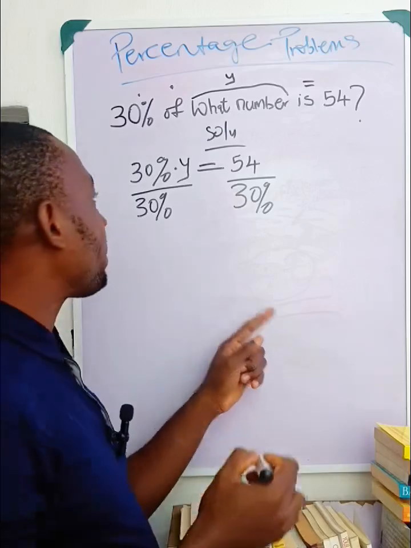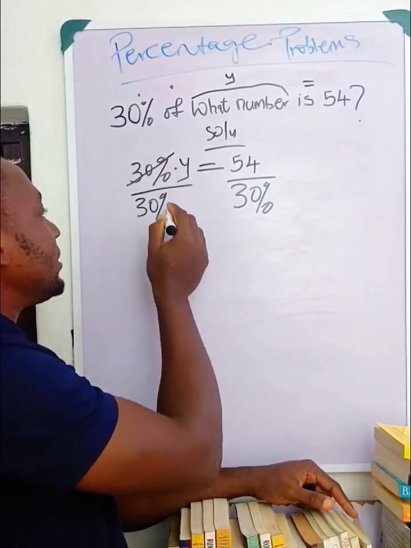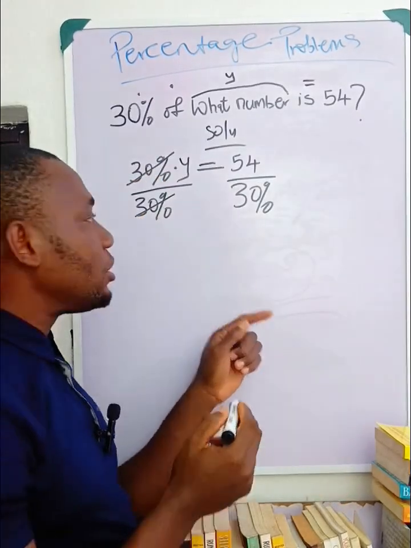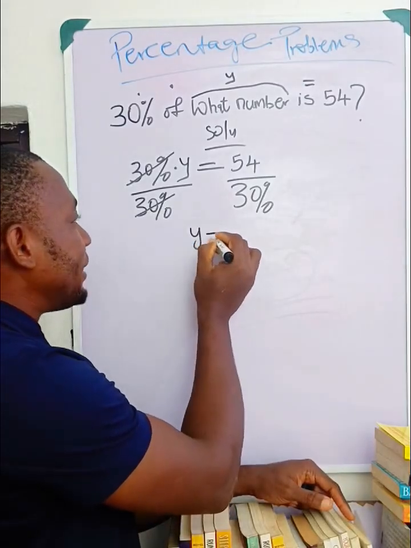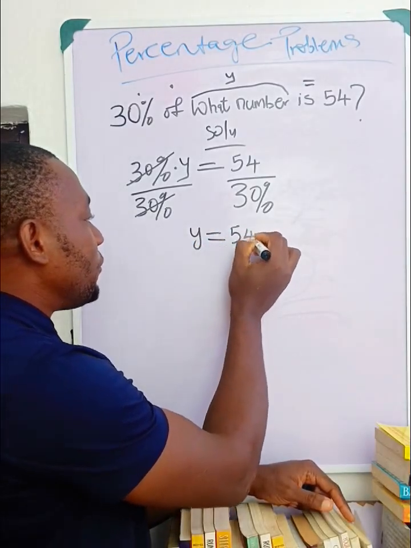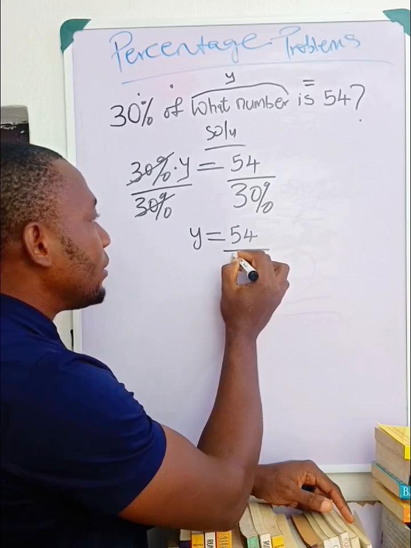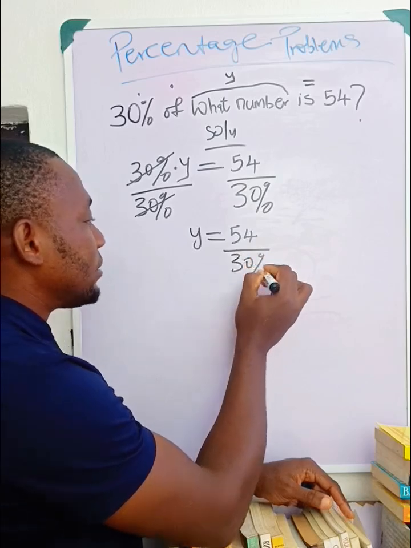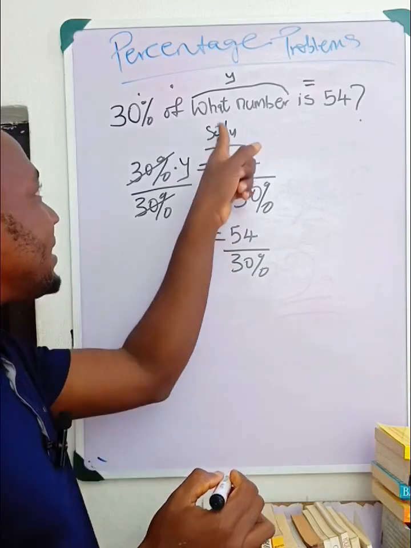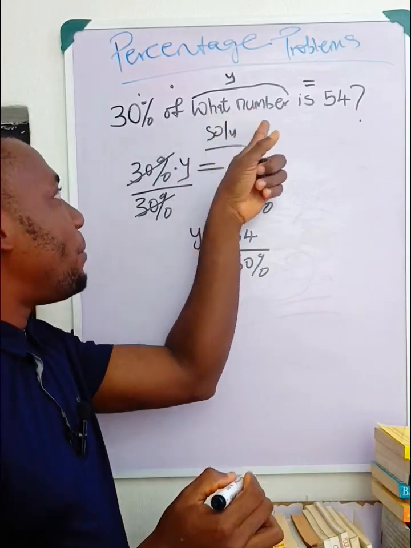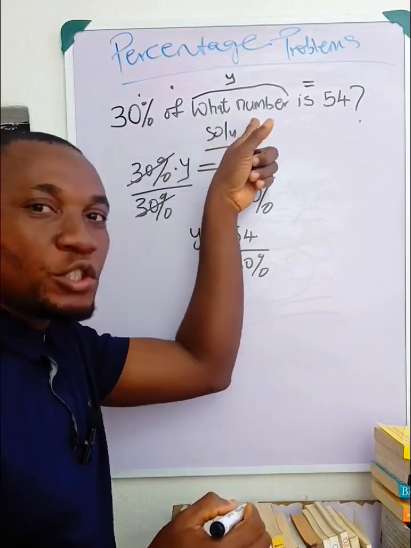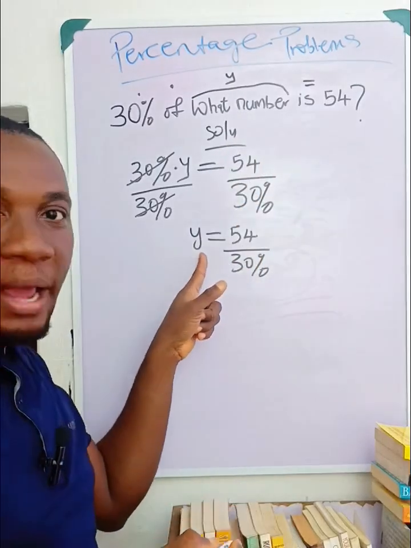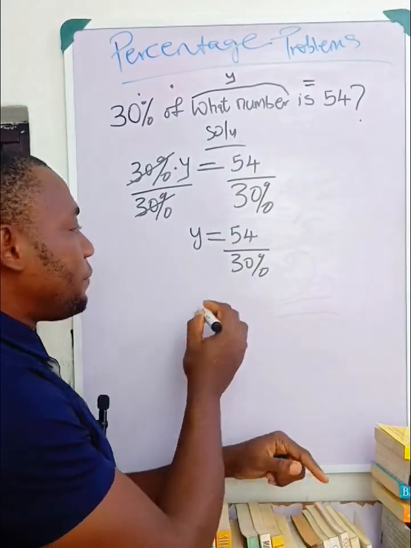Are you following? 30%, we cancel 30%. What we have left is y is equal to 54 over 30%. Remember, y represents that certain number. 30% of what number is 54? That number is what y is representing. Therefore,